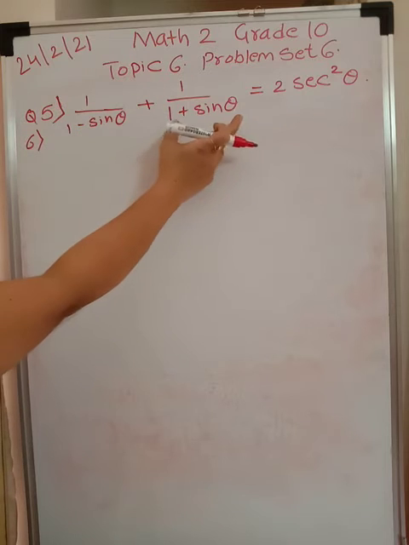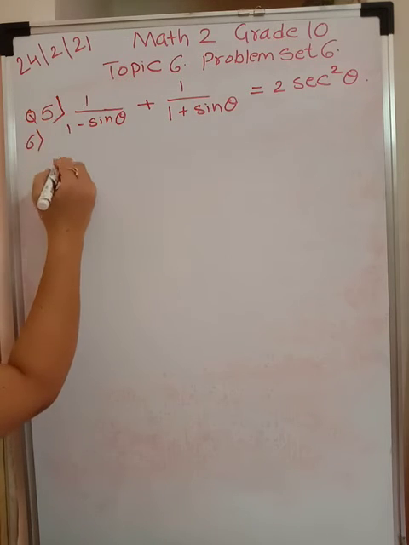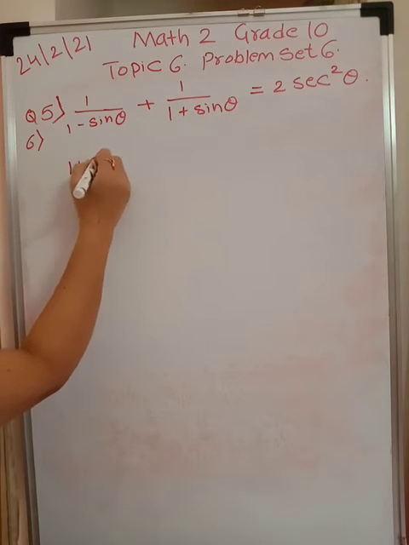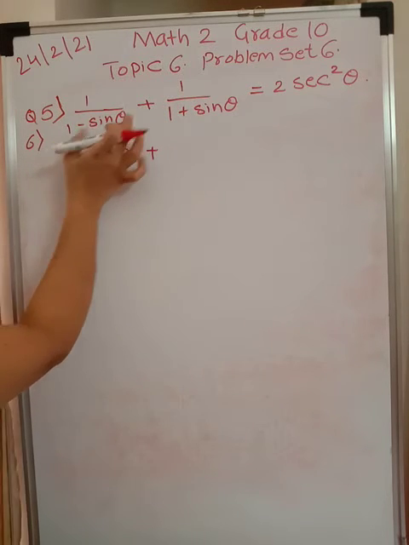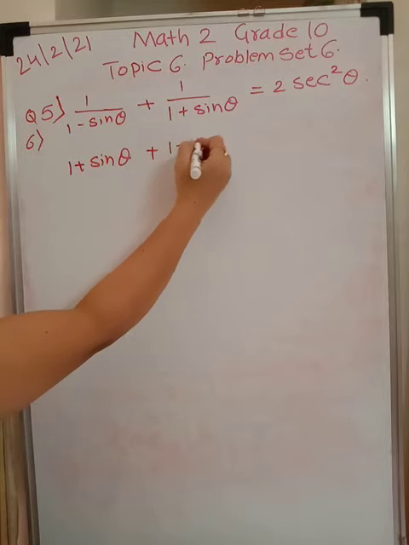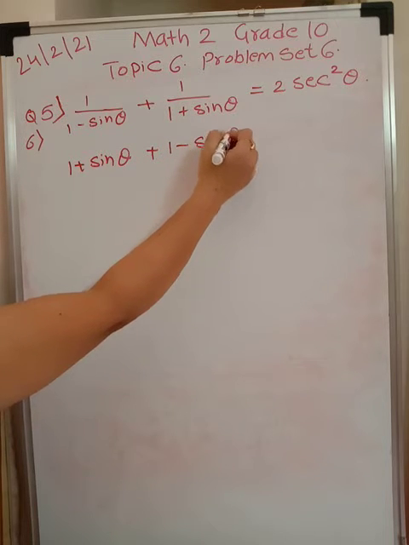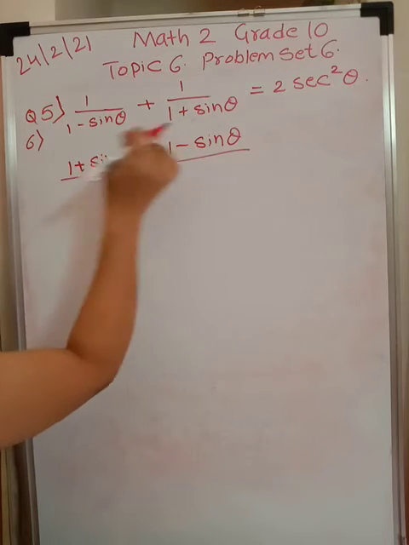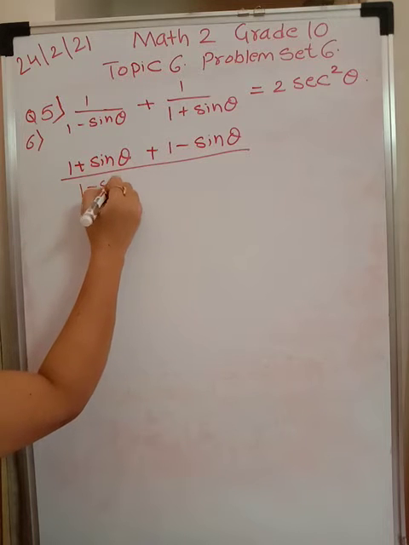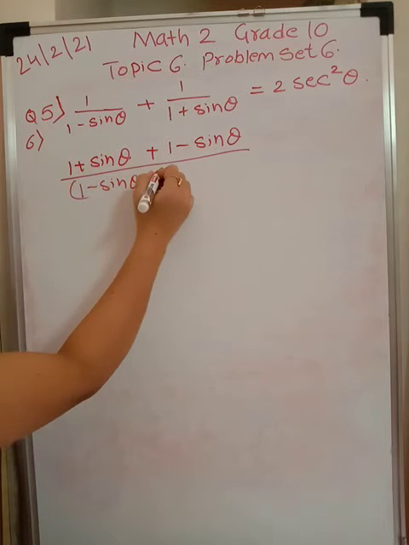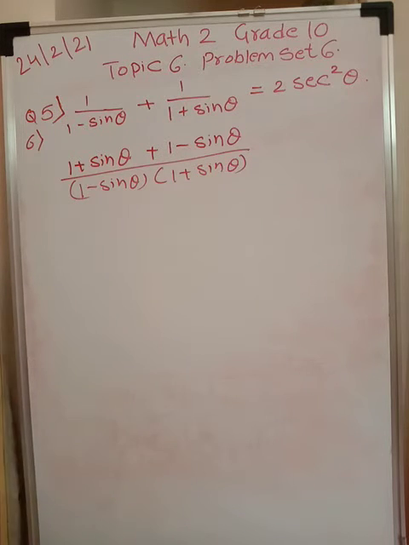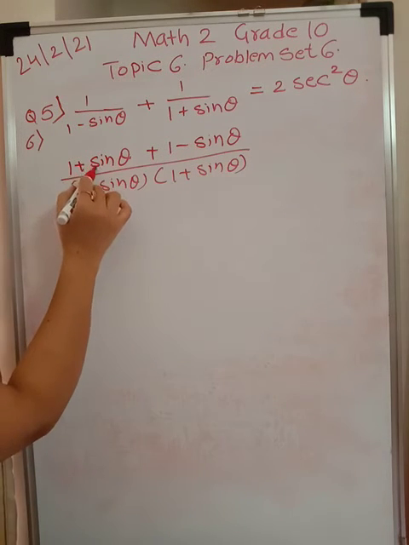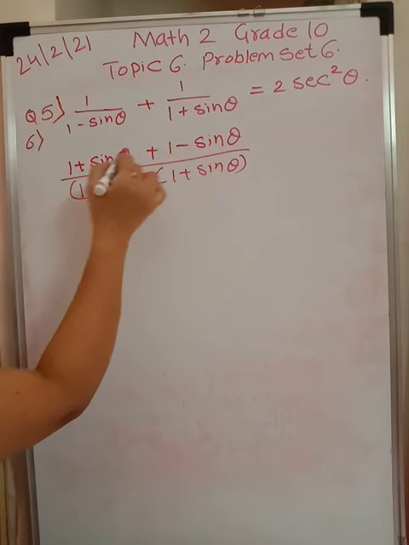Just cross multiply. 1 plus sine theta into 1 is 1 plus sine theta. Which sign is there? Plus. 1 minus sine theta into 1 is 1 minus sine theta, all over bracket 1 minus sine theta into 1 plus sine theta. Now see, sine theta minus sine theta will get cut off and we are left with